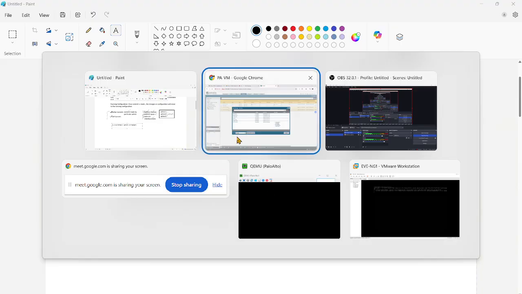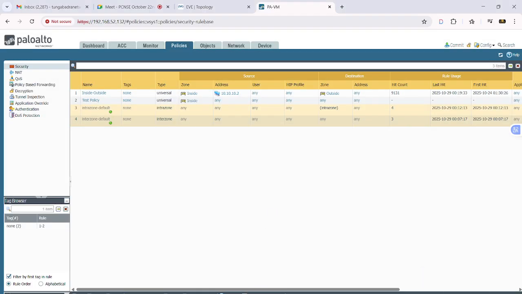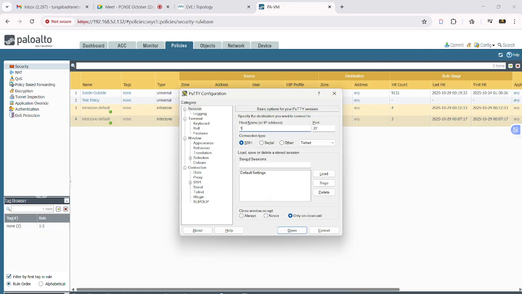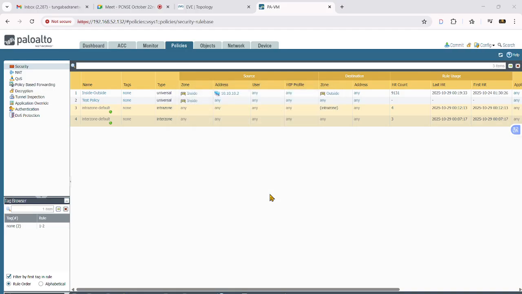If I want to show you, let me log into PuTTY, 192.168.52.132.